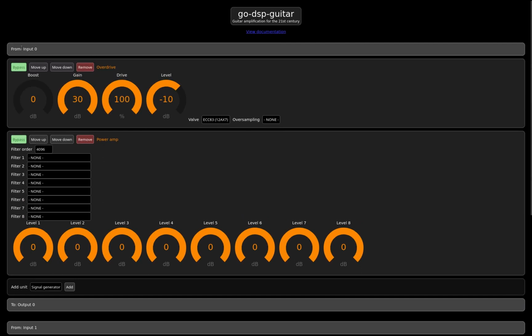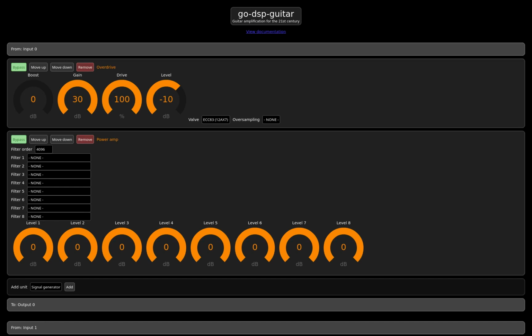I have the guitar connected to input 0, and in the signal chain I currently have two effects units. The first one is an overdrive type unit and the second one is a power amplifier unit, and they are currently both bypassed. So all that you get on the recording is the dry signal from the guitar. And now I'm going to play some kind of simple riff that will only sound like something when you put distortion on.